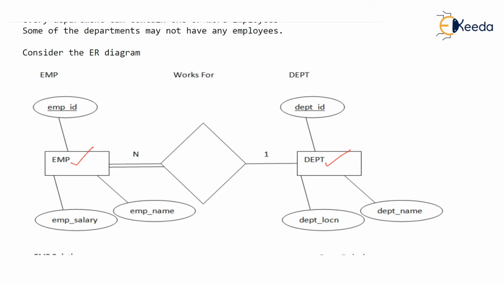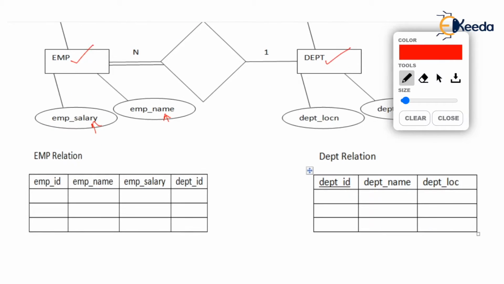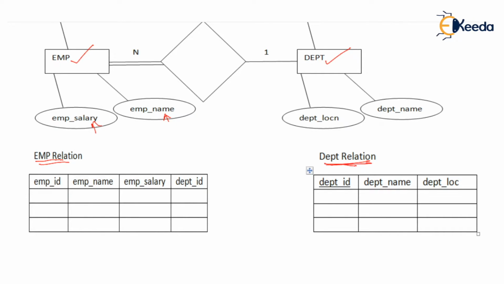And these attributes will become columns of those tables. So what we will get is as follows. You see, we will get an EMP relation, that is the EMP table, and we will get a department relation. Just check out, we will get a department relation, which is also a table, and EMP ID, EMP name, and EMP salary. Watch, these were the three attributes of EMP. Just don't see this department ID. I'll explain what this is.